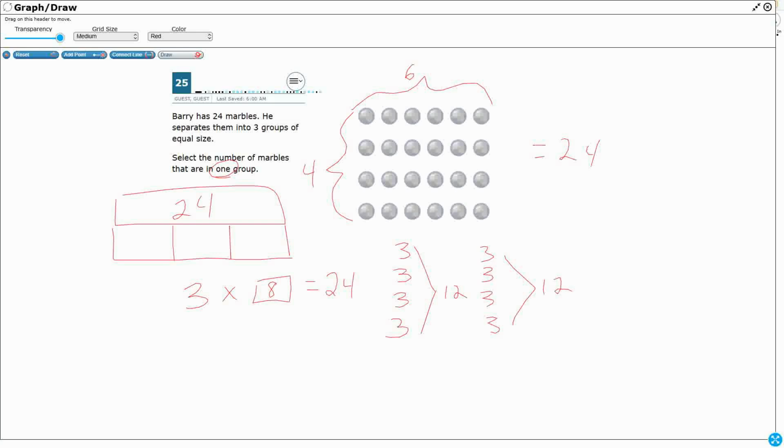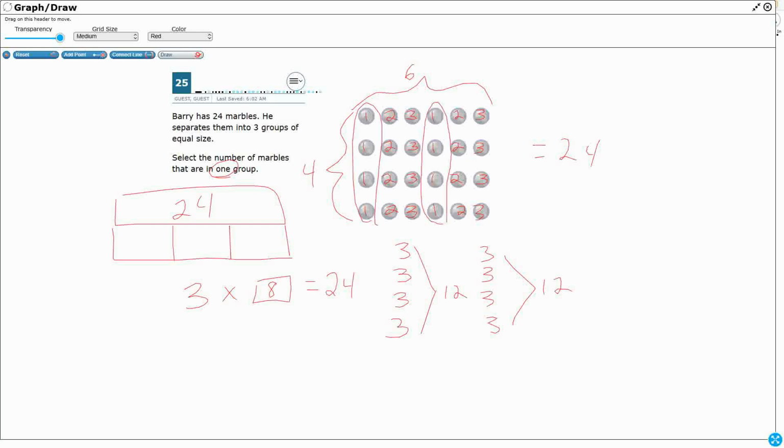Or another option is we can just say there's 3 groups, and that's going to be group 1, group 2, group 3, group 1, group 2, group 3. We can go all the way across, 1, 2, 3, 1, 2, 3. So you notice that there are many ways that we could represent this. Then what I would do is I would just, and this is what I'll do for our answer,